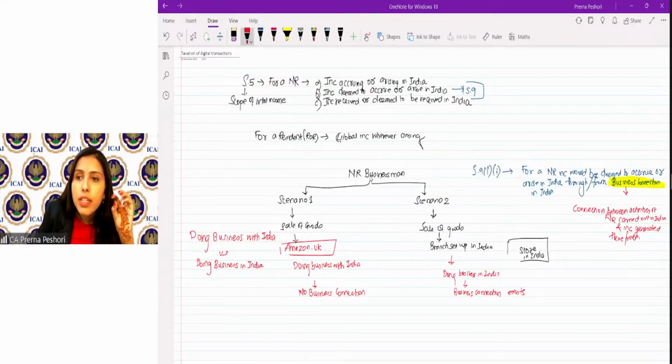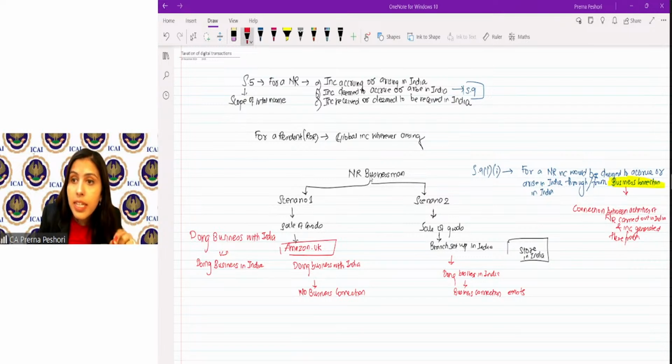be able to capture the income into the tax net or into the scope of total income without having amendment in the tax laws. So if no amendments were carried out in the tax law, we would never have been able to capture this kind of income. Because the business connection in no way will get constituted because none of the activities are carried out in India. So in order to capture these kind of transactions,